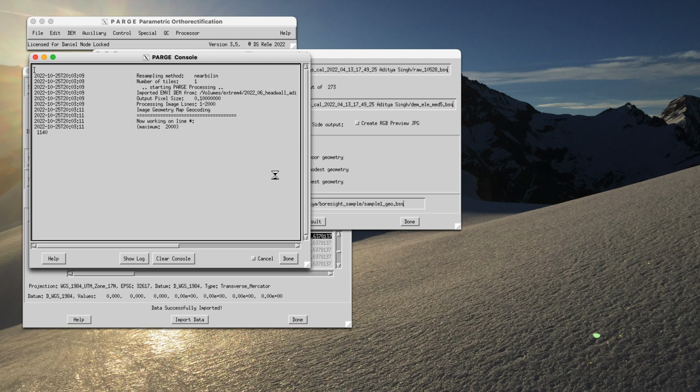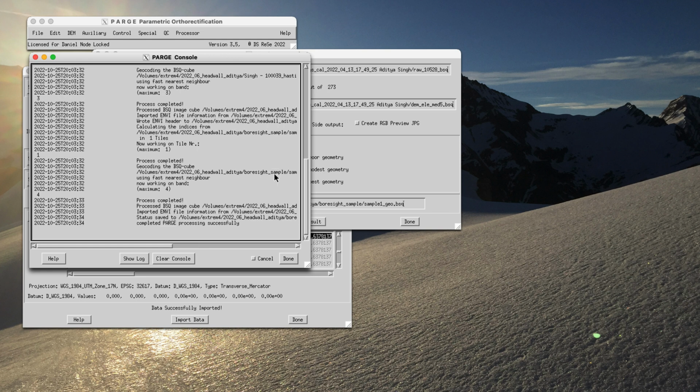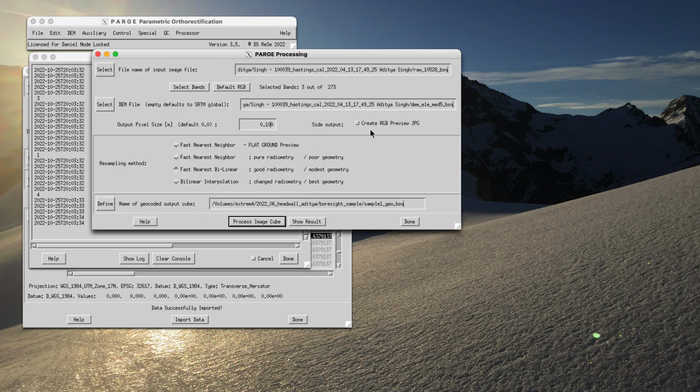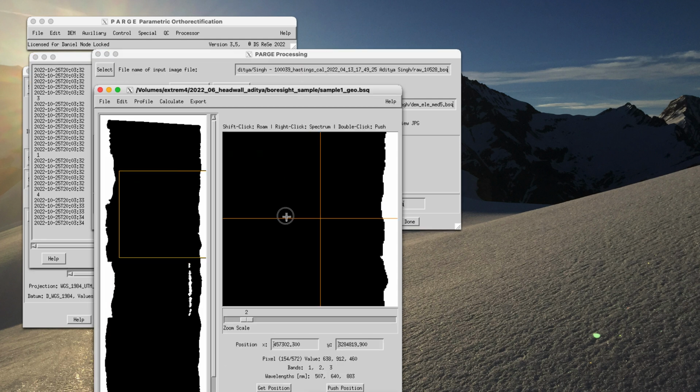And it will only process 3 bands now, so it will be a rectified, geo-rectified RGB image. The IGM is the image geometry map, and also the scan angle file has been created. We can have a look at the result, which has been created. This one,